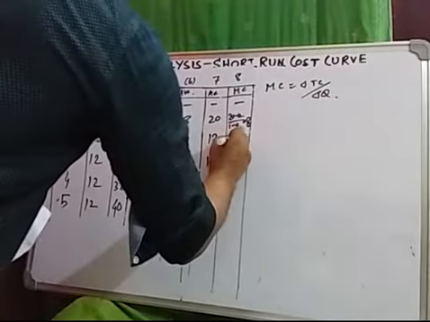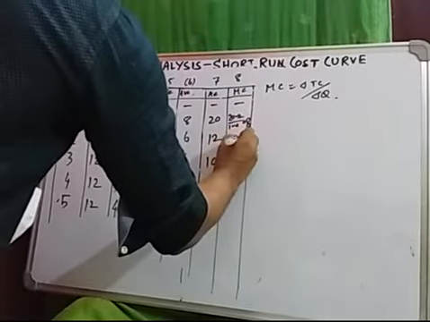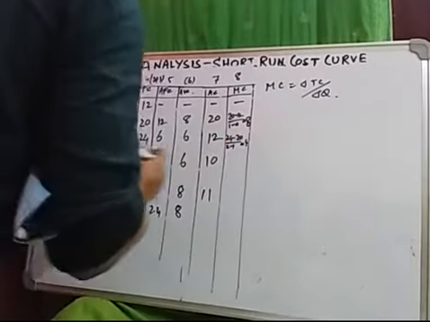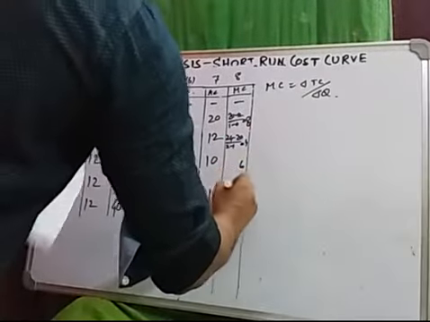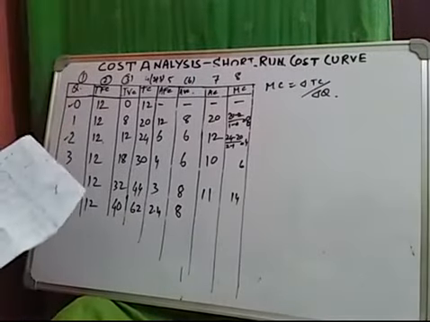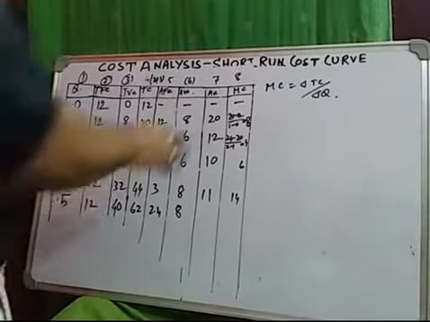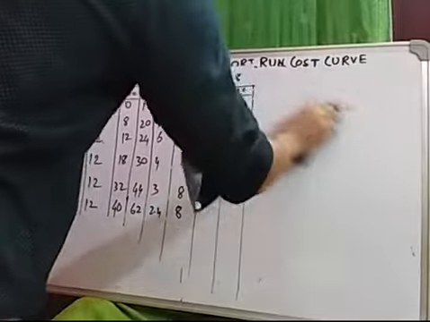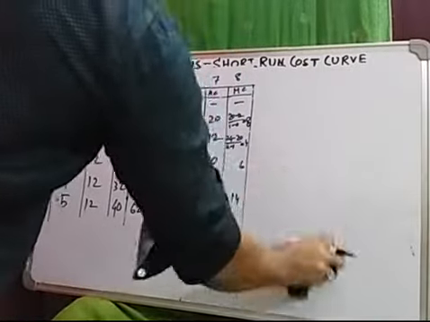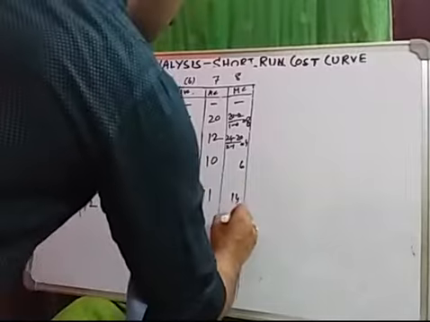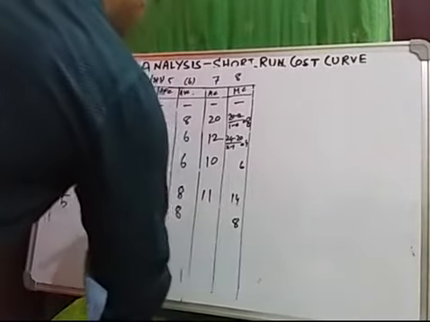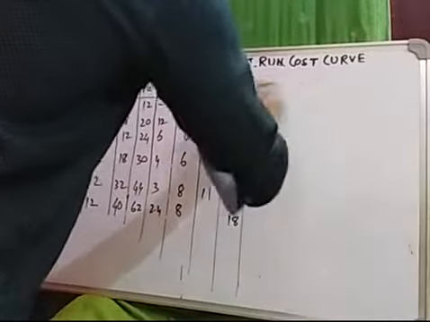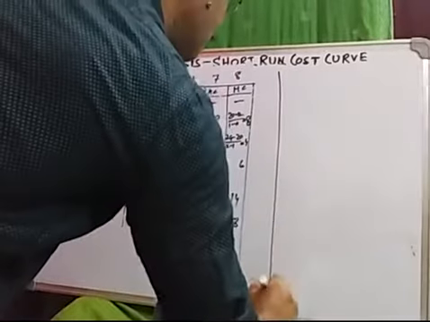In this way we can calculate the next point. So 24 minus 20 divided by 2 minus 1 is equal to 4. In this way we can calculate 6 and 14. This also comes 62 minus 44, 18. So now I am plotting this data into the diagram.